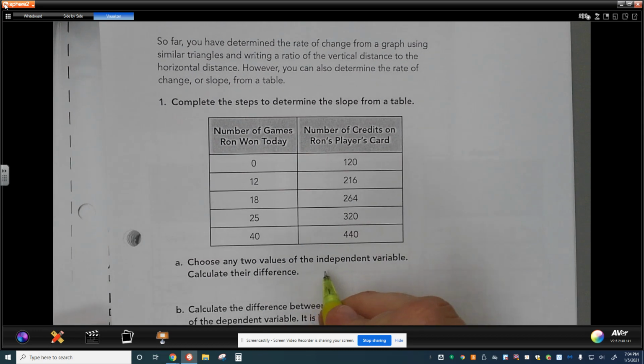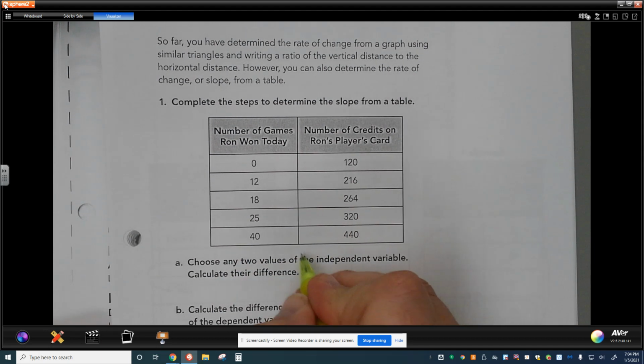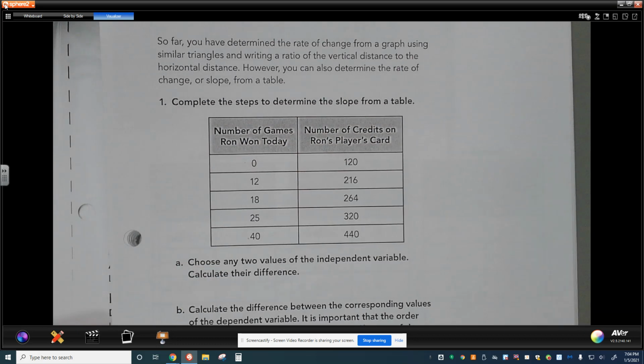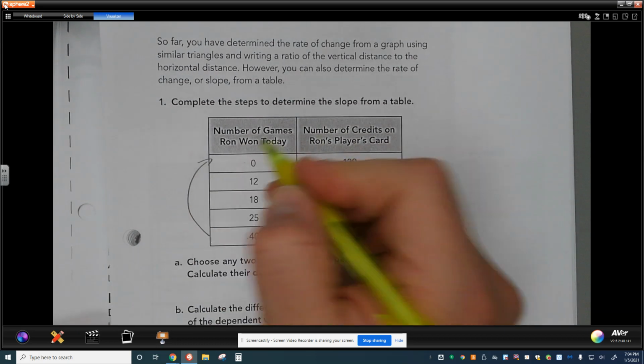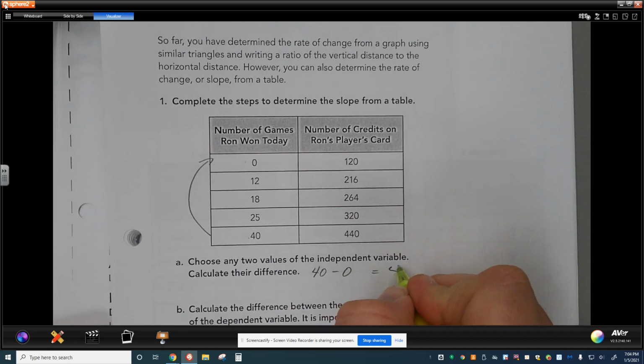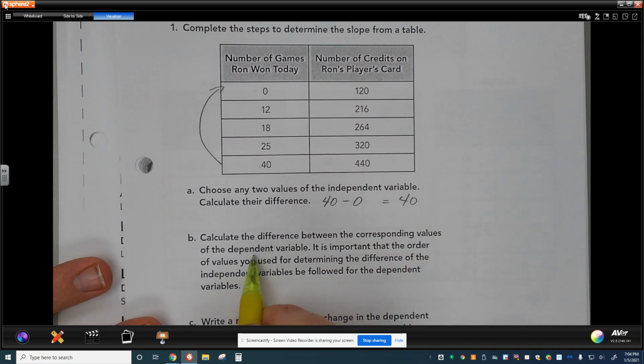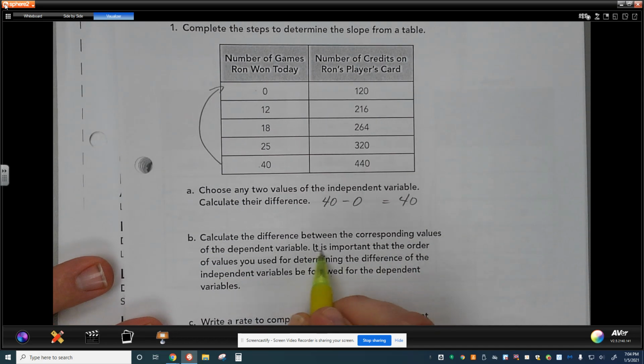So we're going to choose any different values from the independent variable. We're going to calculate the difference. We're going to choose 40 and 0, just because I want to go from high to low. And so we calculate the difference. 40 minus 0 equals 40. Now we're going to calculate the difference of the corresponding values in the dependent variable, but it's really important